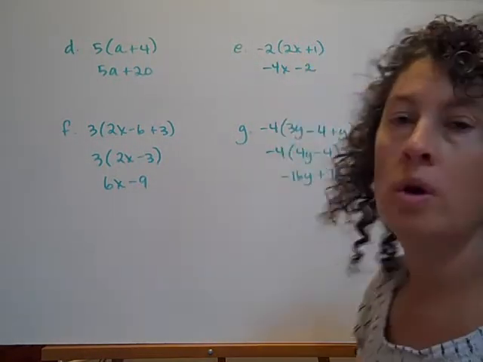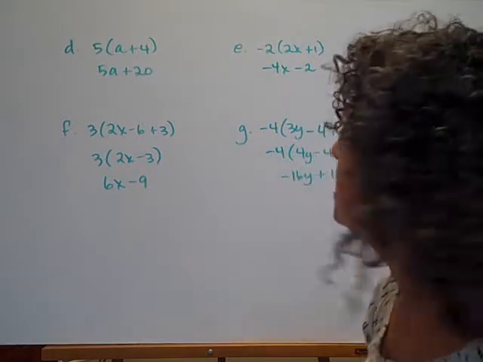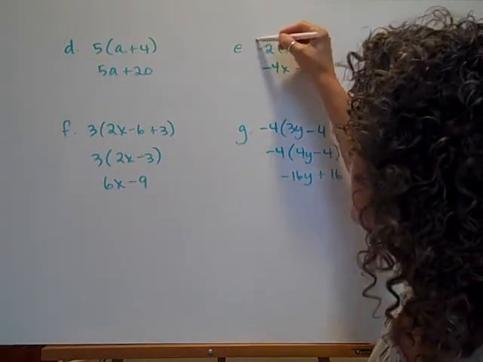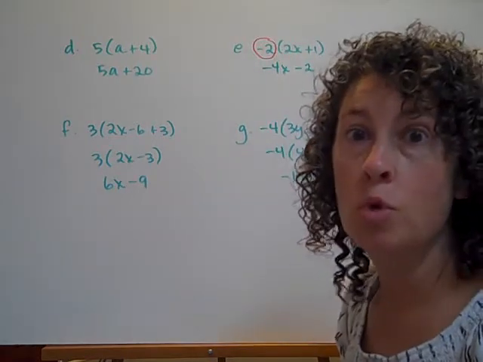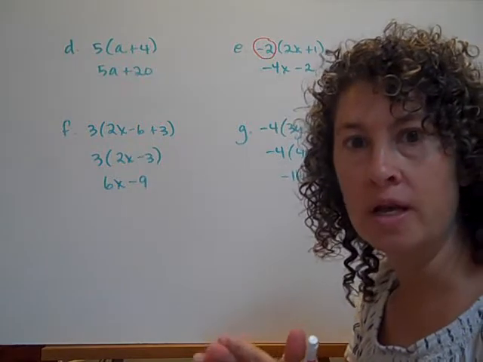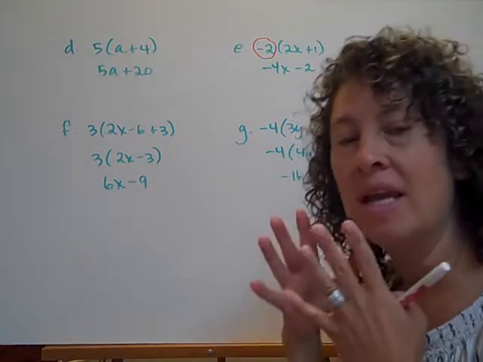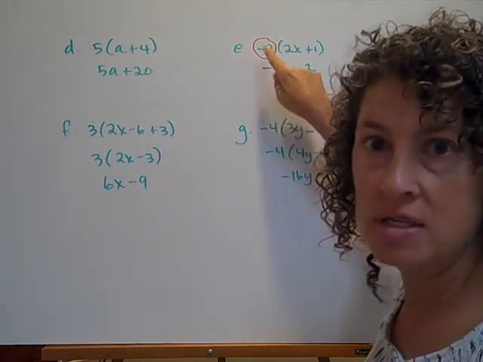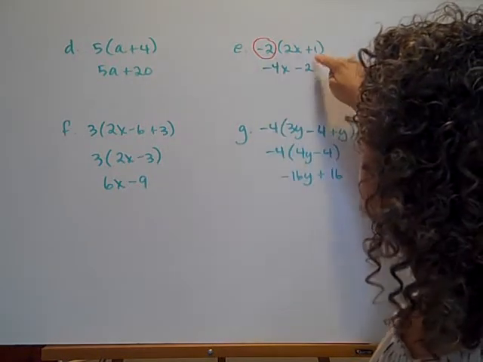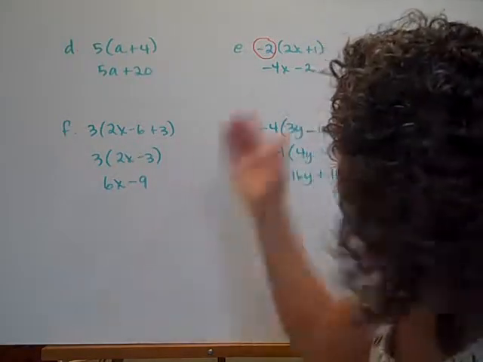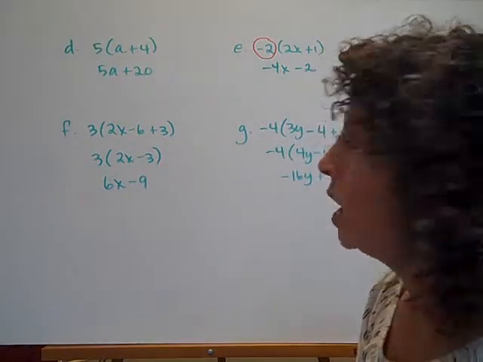So 2x plus 1, they're not like terms. I can't combine them together, so we'll just distribute that -2. Again, notice that that negative sign that's in front of the 2 goes with the 2. So if there's a sign in front of what we're multiplying with a distributive property, it has to go with that number. So it's -2 times 2x is -4x, negative times positive, and a negative times positive. -2 times a positive 1 gives us negative 2. Done. All right, last two.